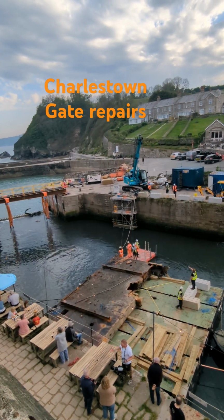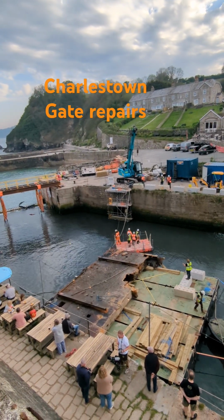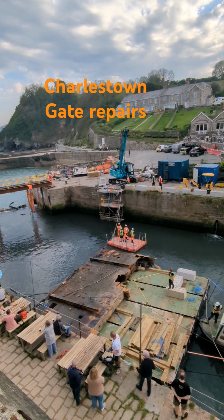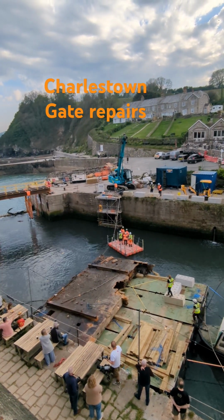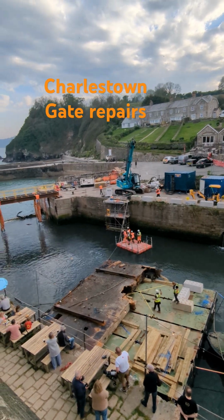Quite young as well, aren't they? Yeah. Obviously got degrees or something in this kind of unusual work. That looks fun, doesn't it? The tide's really just coming in now, so